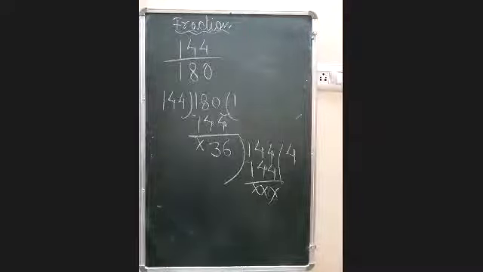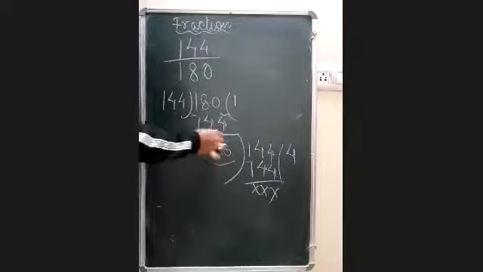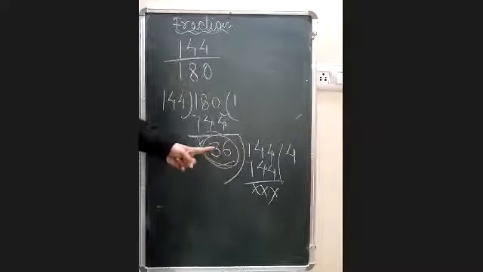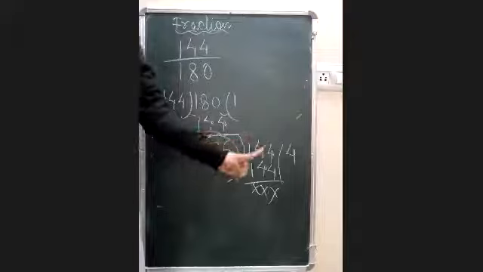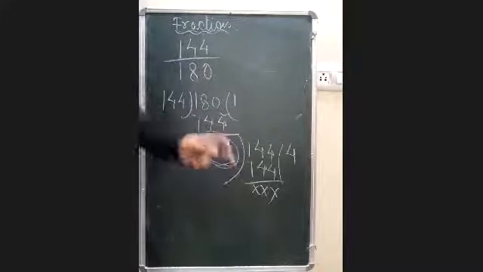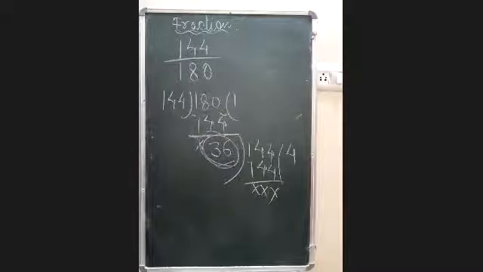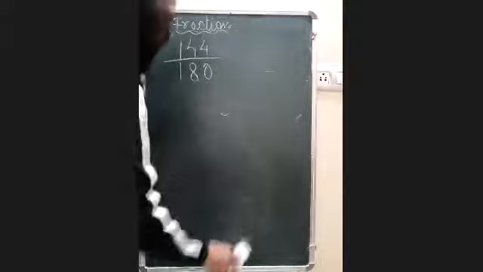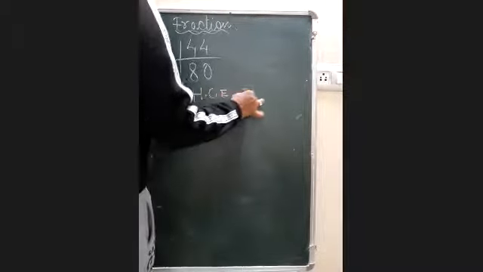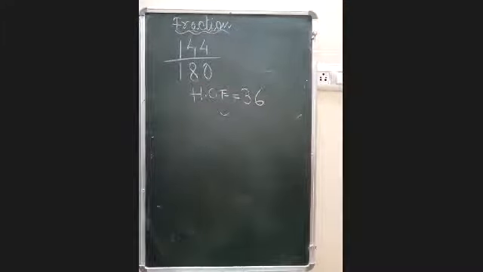Okay. Now it means the SCF is 36. Why the SCF is 36? Because 36 is the number which is dividing the number completely and giving you the zero here. And remember, when you divide and you get zero, it means that number is only the SCF. ठीक है, तो यहाँ पर 36 हो गया क्या आपका SCF. तो सबसे पहले आप इन दोनों नंबर्स का आपको SCF निकालना था, आपने निकाल लिया and you are getting the SCF here 36.